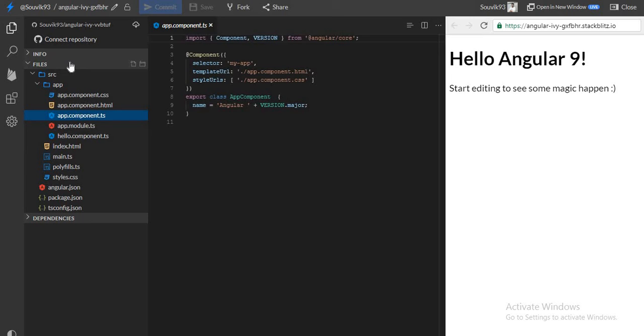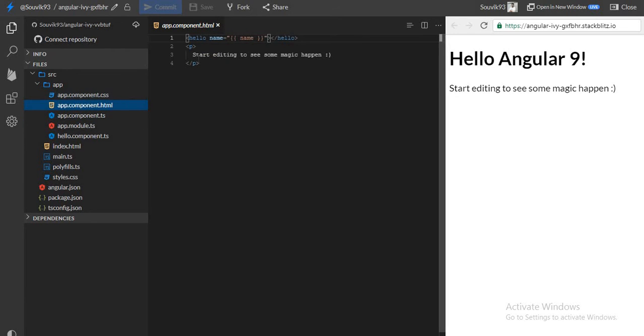Number one is the attribute directive. It means you are using the directive as an attribute of any HTML tag. So this is one HTML attribute, right? I can use my directive, and using my directive I can write my custom function and do whatever I want to do with this particular tag. So I am using it as an attribute. This is one type of directive.